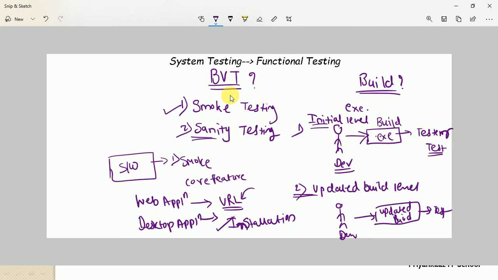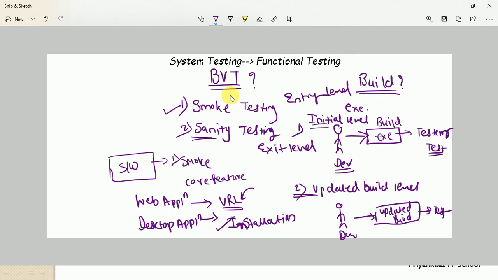Clear? It is usually done at the end of the cycle, and that's the reason, guys, we call smoke testing entry level testing, but sanity we call exit level testing. Why is it so? Because we go for sanity testing whenever the software application gets updated with some minor changes based on the requirement.